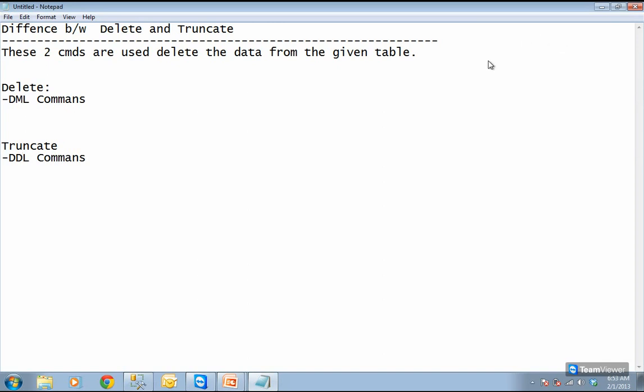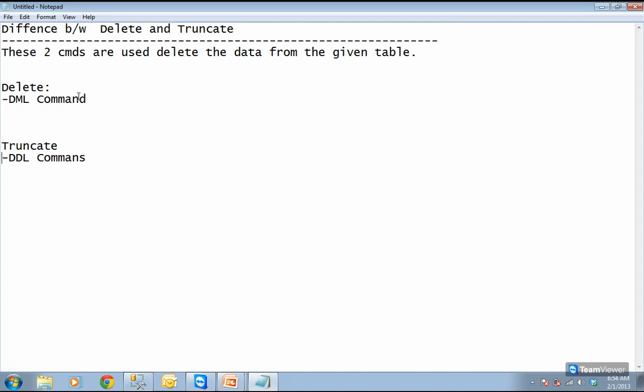Okay, so we need to understand these two commands are used to delete the data from a given table. That is the similarity of these two commands, whether delete or truncate. The delete command is nothing but a DML command, whereas the truncate command is a DDL command. Okay.